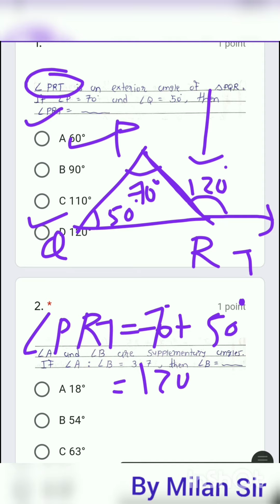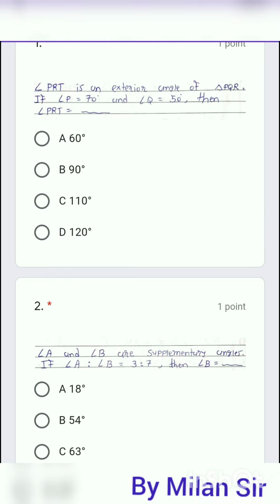Okay, because what is the exterior angle property? Exterior angle is equals to sum of other two interior angles. So other two interior angles 70 and 50 sum, that means we need to find the addition. So 70 plus 50, 120 is the answer of this question. Okay, so here we need to select 120, option D. Here all the questions we have of 1 marks, right? So total 25 MCQ is there, 25 marks is there. So our first answer is option D, 120.